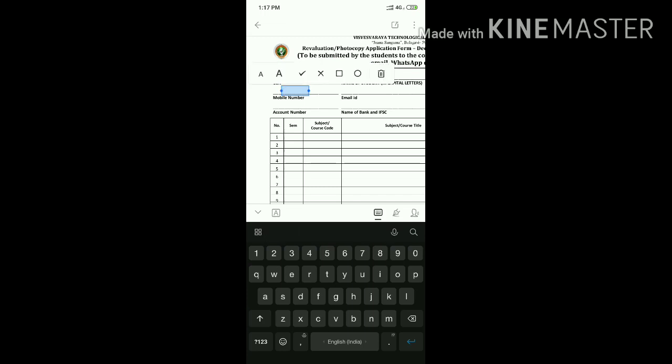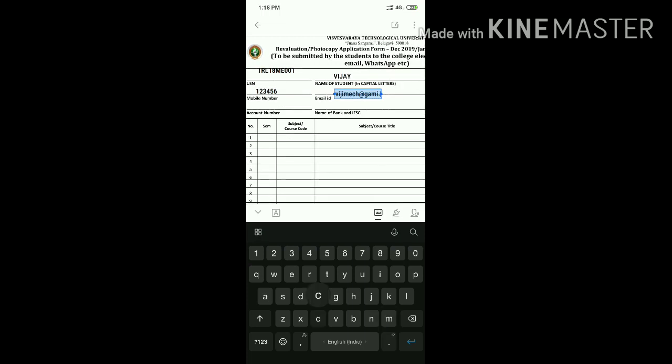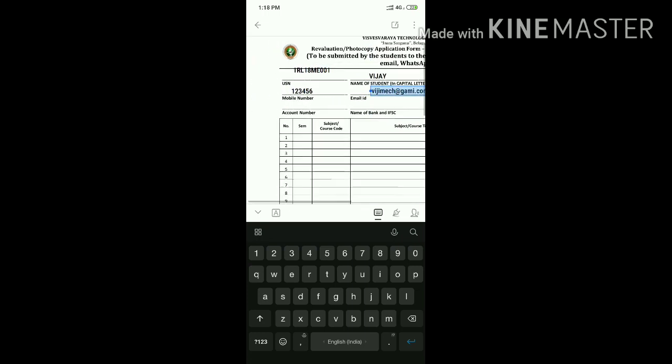Then the mobile number, 123456, as an example. Then the respective email ID, vgmac@gmail.com. It should be in small letters, and enter .com. You can hold the text box and place it properly.